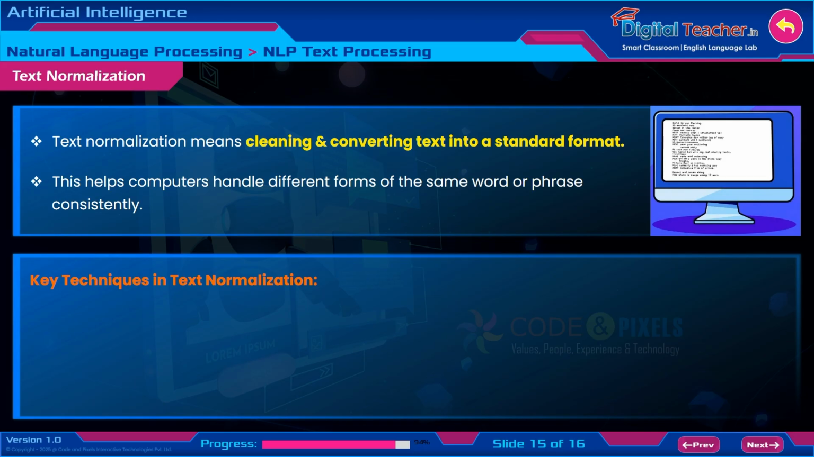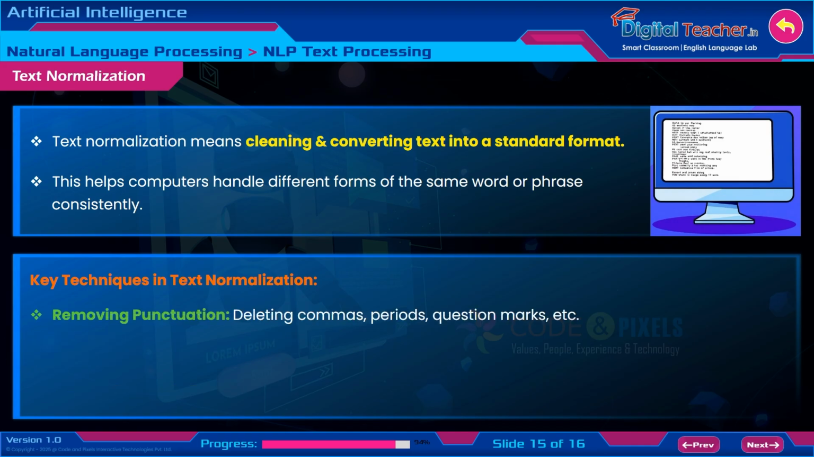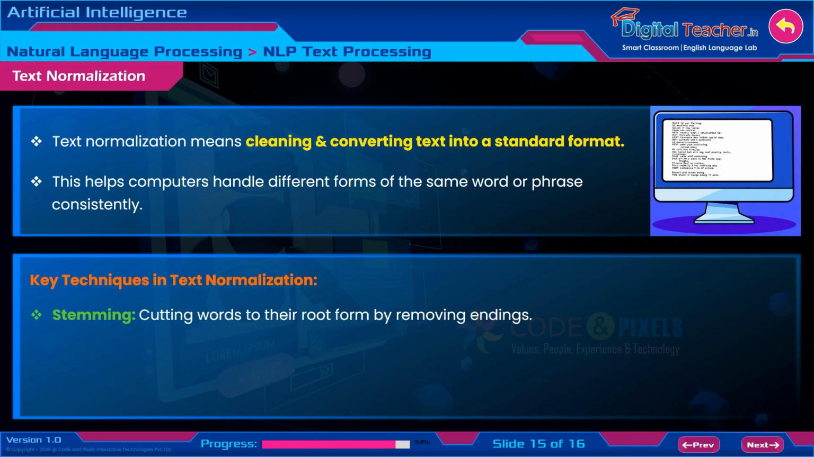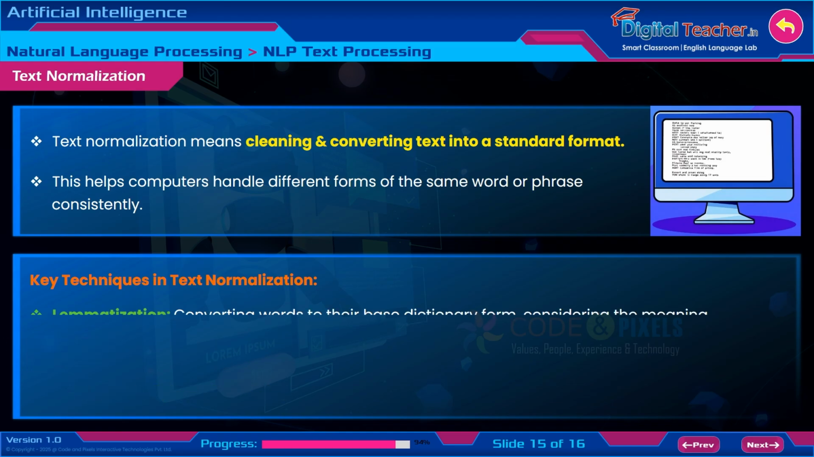Key techniques in text normalization. Lowercasing, changing all text to lowercase. Example: removing punctuation, deleting commas, periods, question marks, etc. Example: removing stop words, removing common words that don't add much meaning, like is, the, a. Example: stemming, cutting words to their root form by removing endings. Example: lemmatization, converting words to their base dictionary form, considering the meaning. Example: